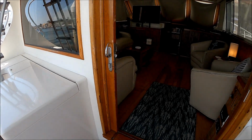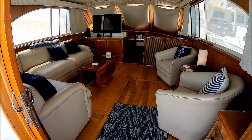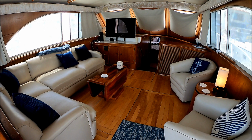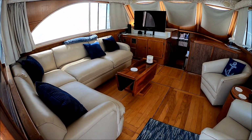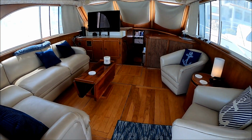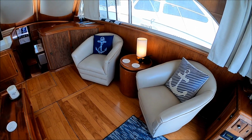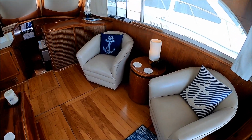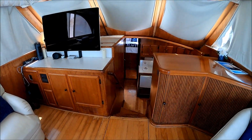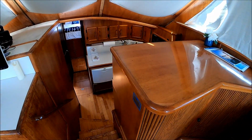We enter the cabin through this center line bulkhead sliding door, and this gives us an overview of the interior. It's quite expansive. On the port side, we see we have an L-shaped sofa, nice cocktail table, beautiful floor. It's in excellent condition. And then on the starboard, we have some nice barrel chairs right here, a flat screen TV with built-in cabinetry right there. That's where the bar is. Moving forward,